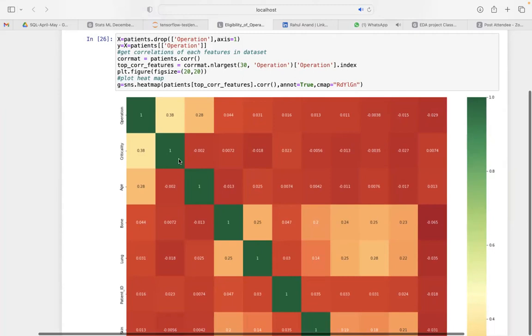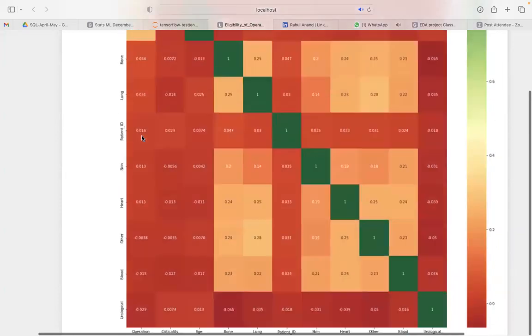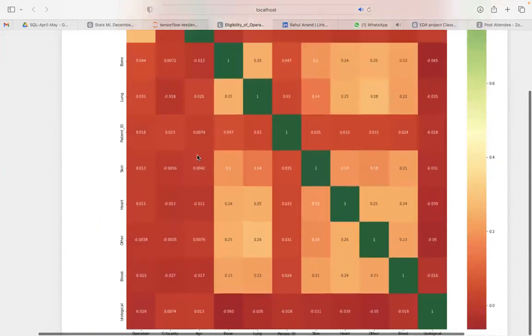It can be a linear dependency between a dependent and an independent variable, and there can be a linear dependency between two independent variables. If the linear dependency between two independent variables is very high, that means they are contributing towards the same goal, predicting my operation in this case, using the same information. If criticality and age are highly correlated with each other, so if my criticality here is 0.38,